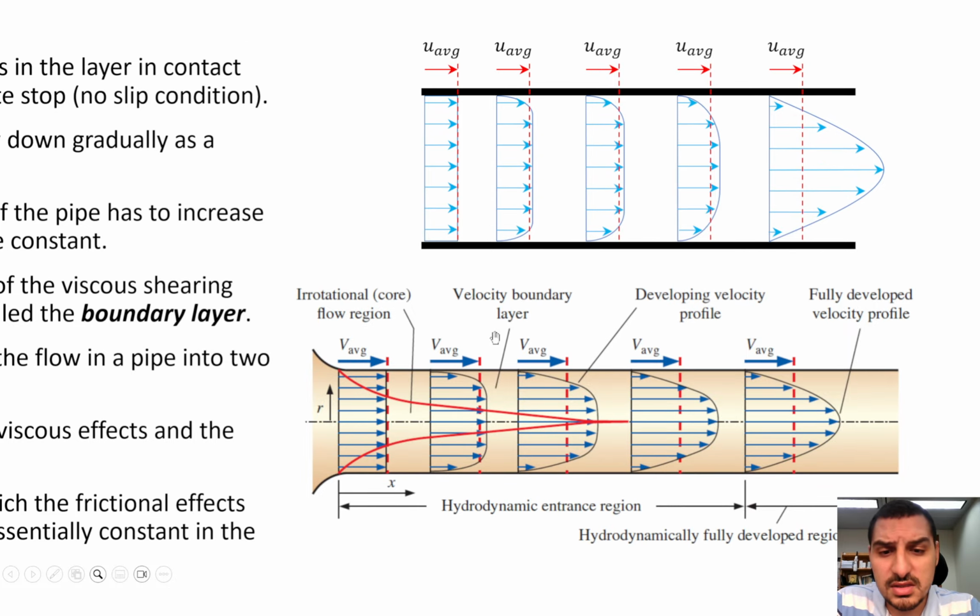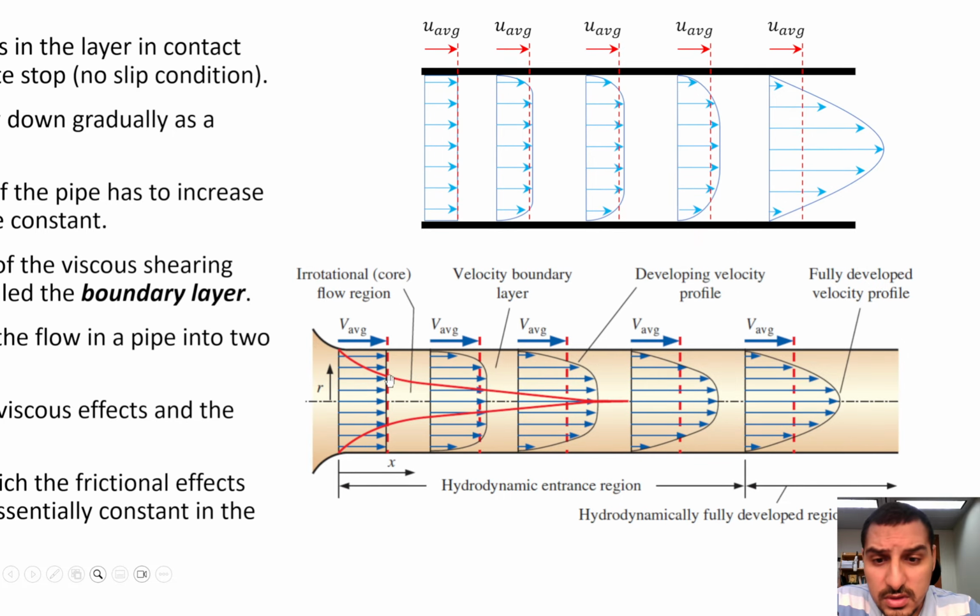But at the end of the day, this is the shape of the velocity profile, or the velocity profiles. It's the same thing. This is the same as this, and so on. But what is different in this figure than the one above is that we have here what we can see as this red line that takes this shape. And if you look at this line, you will see that it splits the area into two regions. A region that has